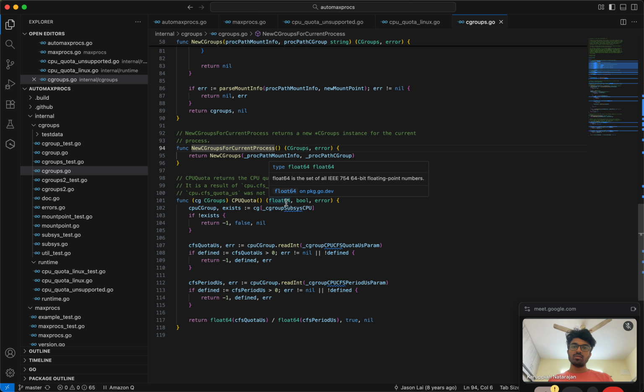New cgroup, okay, returns the CPU quota plan. Proc path mount info, okay.